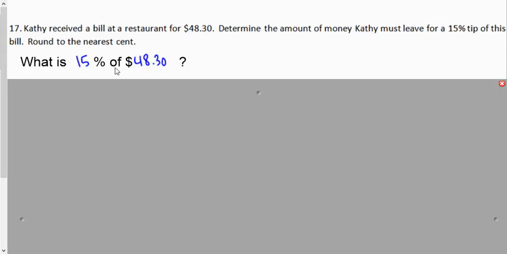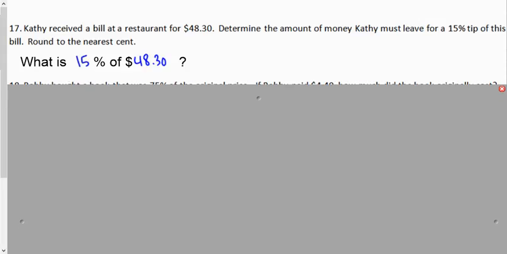So you can change these two numbers, but if you set it up in this framework, it's a lot easier there. Then you turn the percent into a decimal. You'd move the decimal back 2 spots. So 15% becomes 0.15. And when you see this "of" right here, usually it's talking about multiplication. So 0.15 times the total on the bill. And 0.15,